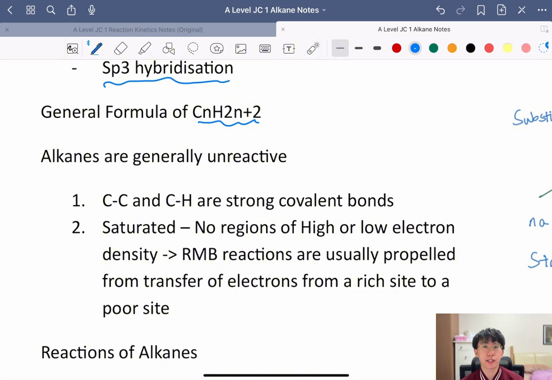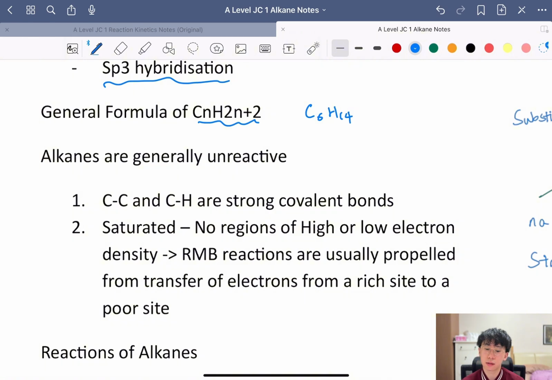And how this is useful is when you look at a typical molecular formula of an organic reagent, for example C6H14, and you realize that this conforms to the pattern of CnH2n+2, you should instantly tell that this molecule is an alkane. This is particularly useful because whenever you don't really have an idea on what an organic reagent could be from the molecular formula, you have to rely on your instincts and knowledge of these kinds of general formulas. The alkane one is very typical, and it's often tested